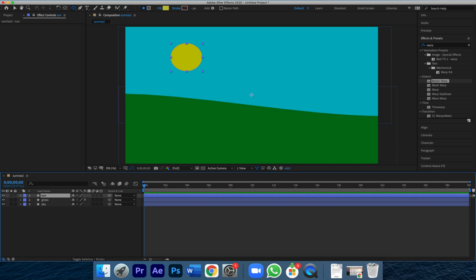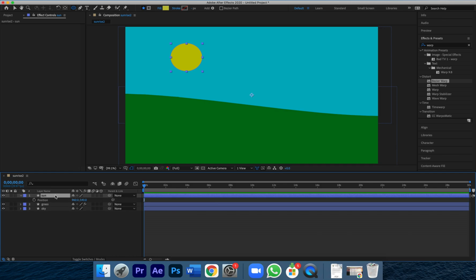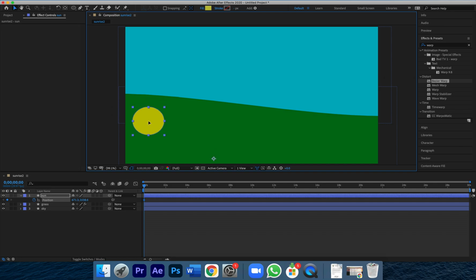Now we're going to use the position keyframe to make the sun move through the sky. So if I click on my sun layer and I hit P on my keyboard for position, it will reveal the position keyframes. I activate the stopwatch just like we do in Premiere Pro and initiate my first keyframe. Now I want to make sure that I'm on the arrow tool, my selection tool, and I'm going to move my sun below